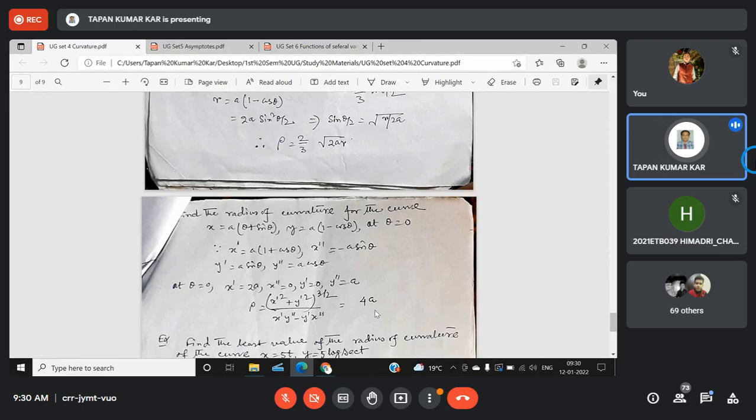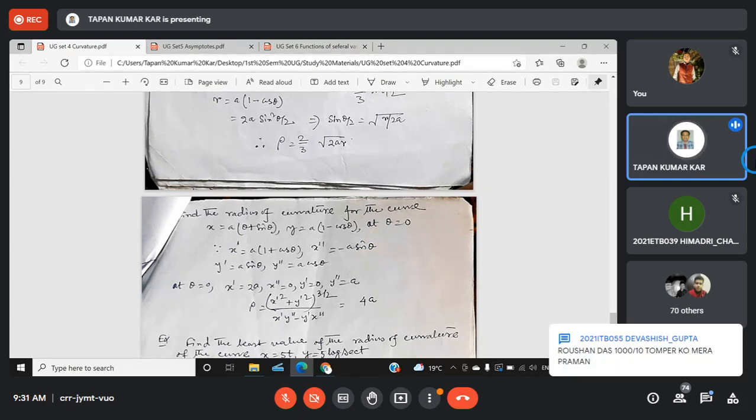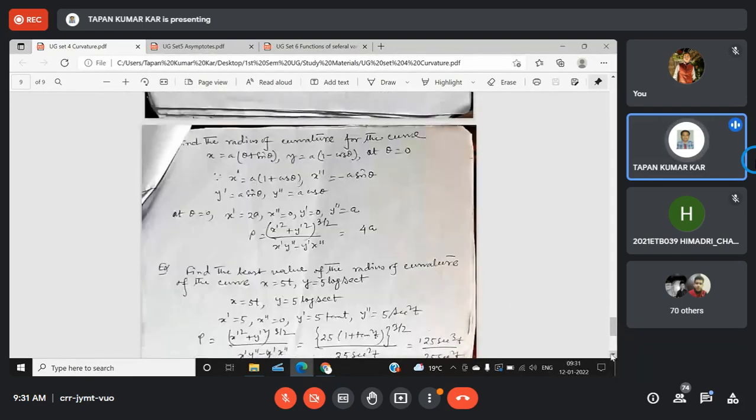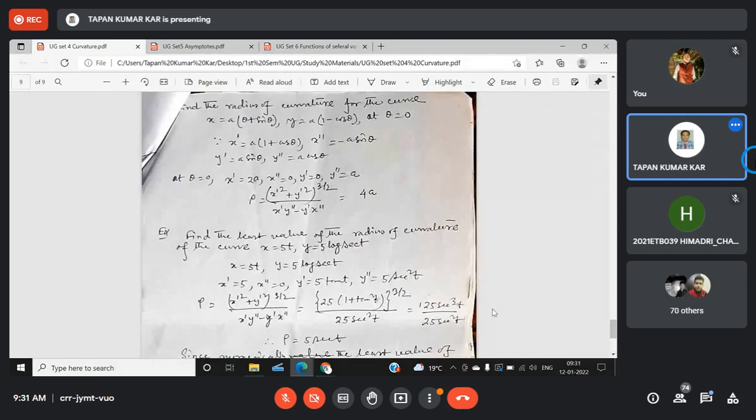So mostly you will find formulas using Cartesian, polar and parametric form. Sometimes, as I told you, you can convert the problem to use another formula, but it will take time. So remember these three formulas, and if any curve passes through the origin, then it is preferable to use Newton's formula.